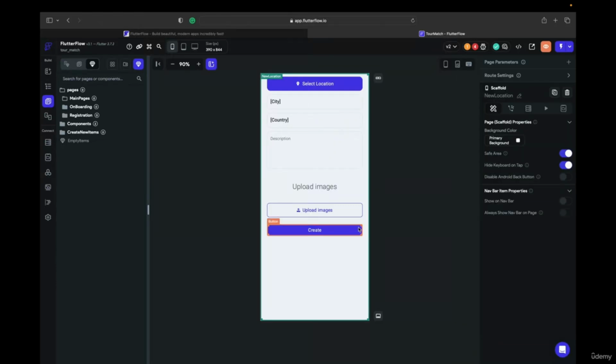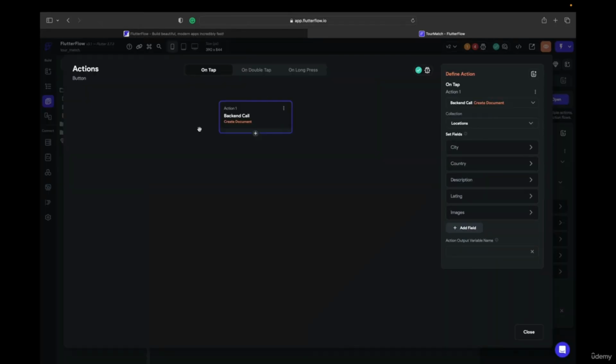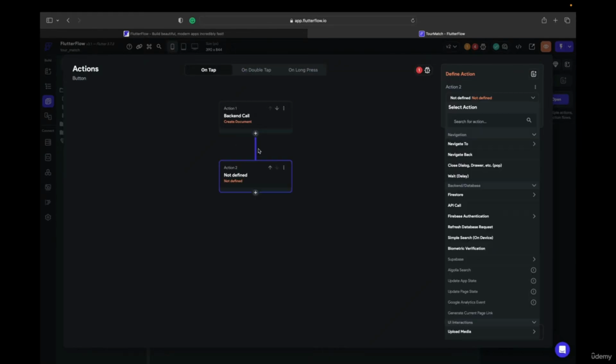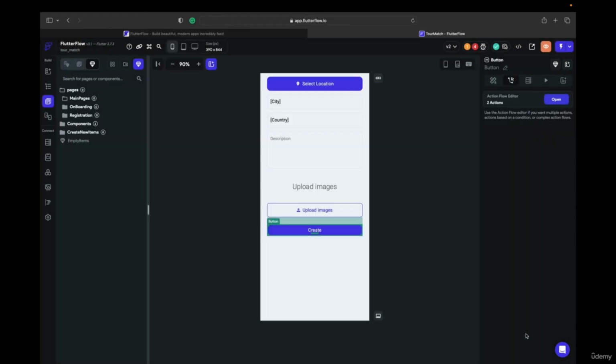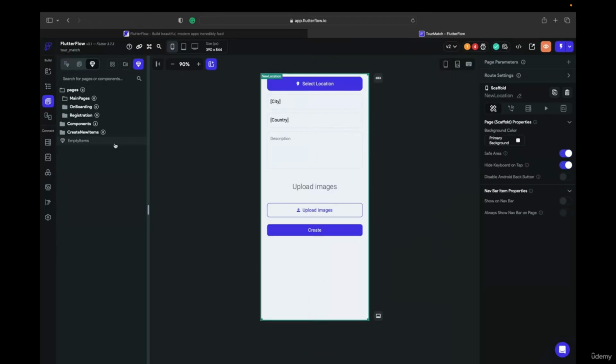So if we open an action editor, what we see here is that this action says, hey man, all you have here is just one action that creates a document. The second action must be navigate back or navigate to, right? So at the moment we're gonna make it navigate back and close it. So right now we have to make on main page,